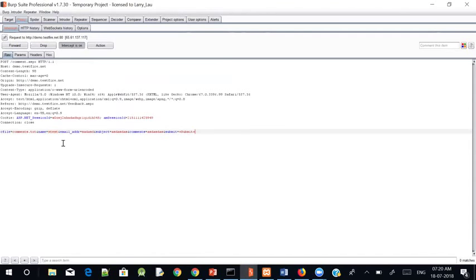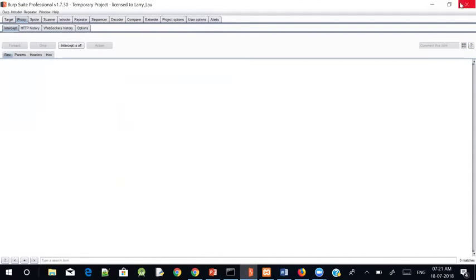Whatever payload you want to check with, provide it here and either forward the request or simply turn off the intercept. If you turn off the intercept, the request will go to the server and it will send the response back to the browser. I'll simply turn off the intercept, and now